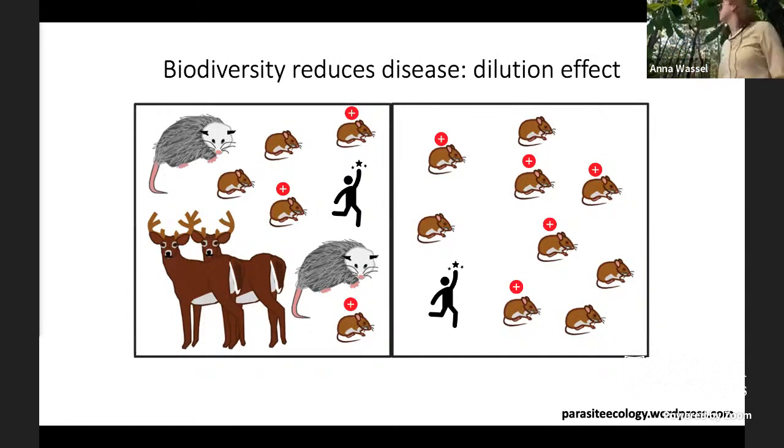And these various hosts vary in their competence to host Lyme. So deer and possums are relatively less competent hosts to Lyme disease, while white-footed mice are much more competent hosts of Lyme disease. And in changes in this forest ecosystem, with decreased diversity, we end up with a much larger